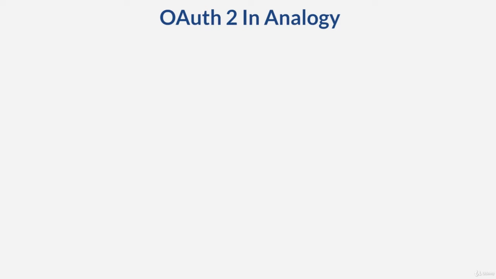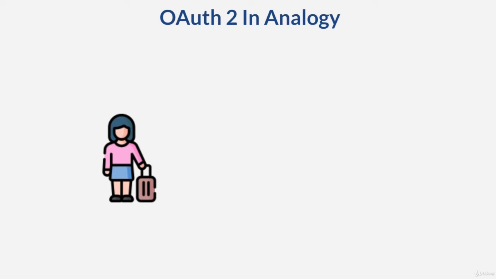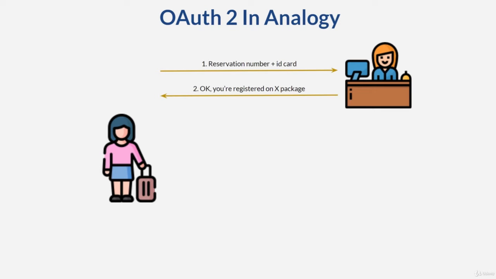I know it's confusing. Think of it like this. For your vacation, you book and pay for the hotel. Then, you arrive at the hotel. However, you don't want to give your credit card details. So, you go to the front desk, telling your reservation number for validation. The hotel staff check their registration list and confirm that you are in their silver holiday package.